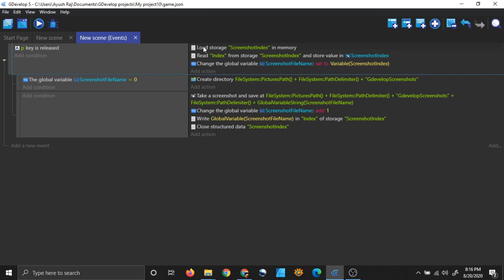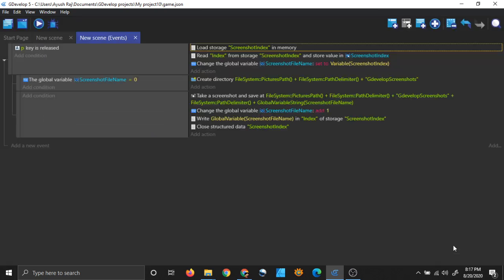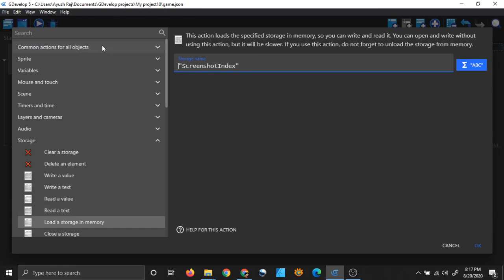So first it will do load storage. What is a storage? A storage is simply a file in your storage, in your file system, and you can find the storage system here.